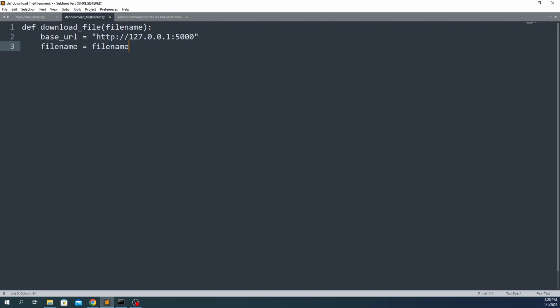And then what I'm going to do is pull this all together as URL. I'm going to make this an F string, and I'll do base URL, and I will do